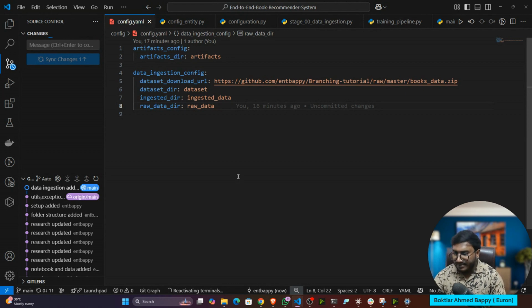Now we'll go a little bit fast because I showed you the flow. Now we'll be building the next component called validation. Okay, in the validation, we'll do all the pre-processing we have done in the notebook. Okay, same code.